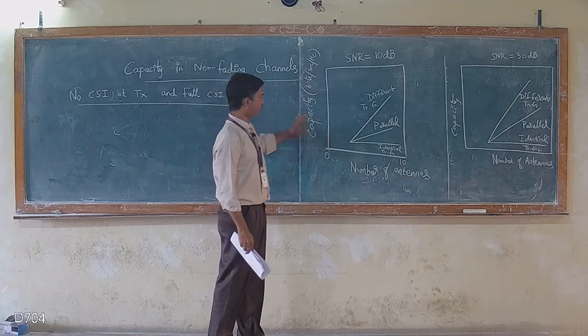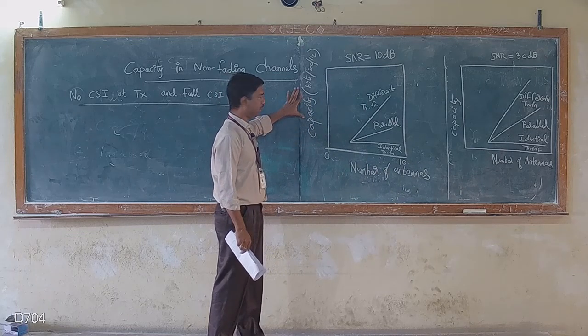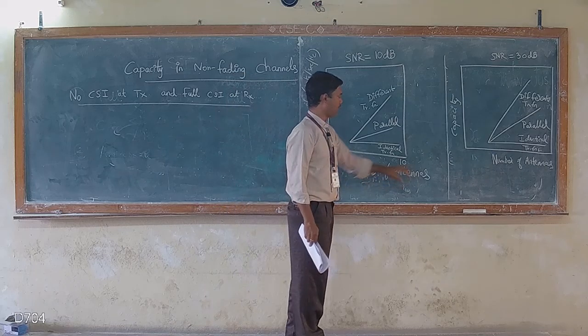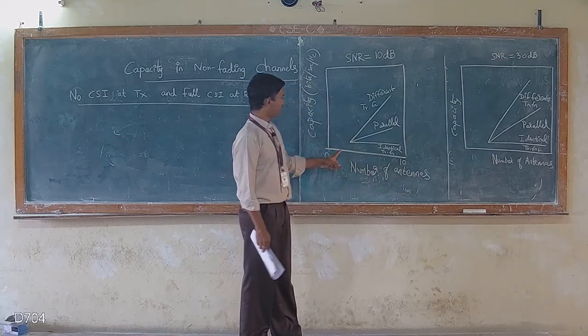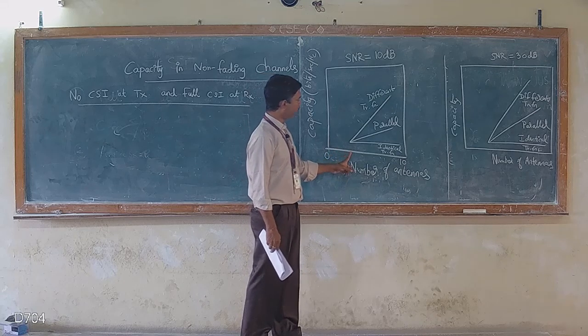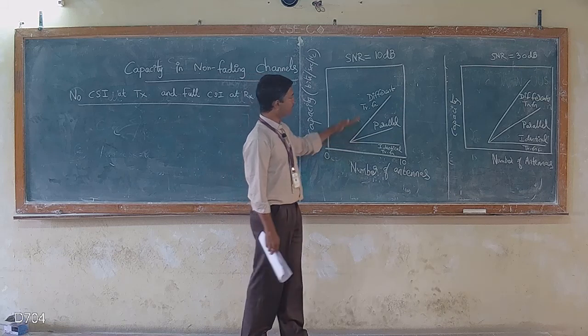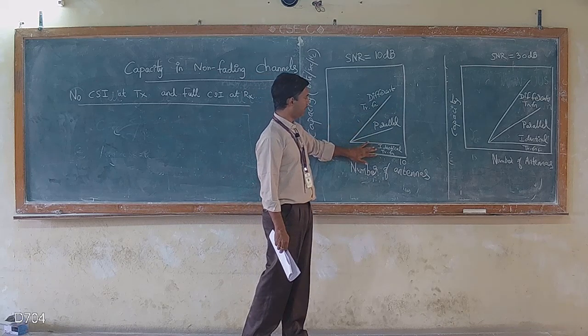So the graph shows the improvement in the capacity through the number of antennas. So the number of antennas are varied from 1 to 10, and we are comparing the three different cases: identical transfer function,